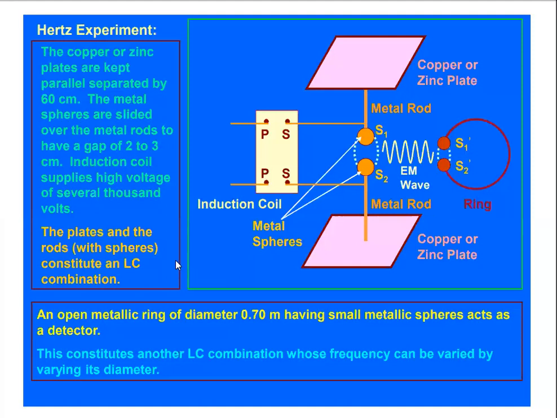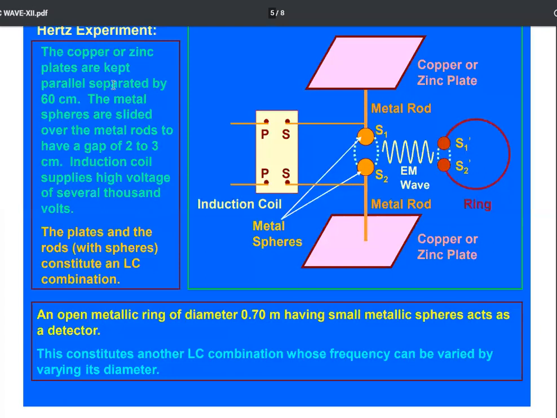So every chapter has a correlation with the previous one. So you must use the concept of LC oscillation in the previous chapter that you have gone through. So this is the essential parts of the Hertz experiment. Once again, remember it consists of two metallic plates, copper and zinc plates kept parallel and separated by 60 centimeter, and metal spheres. Metal spheres are slided over the metal rod to have a gap of